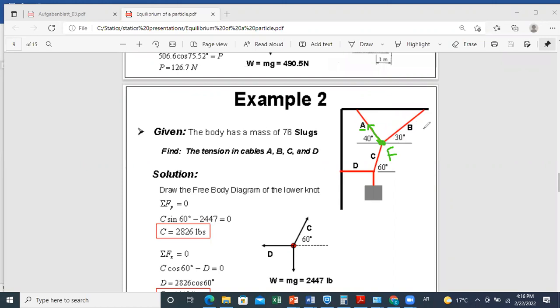Now, concerning cable B, same concept. B will do a force on F upward, because F is doing on B an action that is downward. And for this cable here, this cable is pushing the point downward. So these are the three forces acting at F. I know already the force in cable C. You know that for one cable, wherever I do a cut, the tension is the same. Okay, so since you already calculated the tension in C from the previous step, you will take the same value, which is